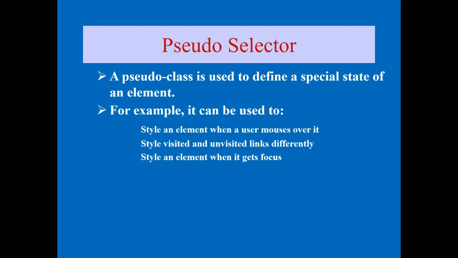So you got this idea regarding the pseudo selectors. Here is a very simple example of the syntax: the anchor tag colon link, color equal to this one. Whenever any unvisited link is there, the color is this one. If you write a colon visited along with the anchor tag, then the color will be different. Mouse over, a colon hover, then color equal to a different one. This is a simple example.